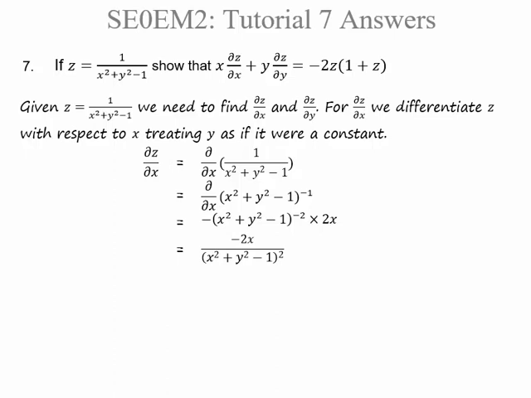We just interchange the x and the y values. So we're now going to get dz/dy is equal to minus 2y over x squared plus y squared minus 1 all squared. We'll substitute dz/dx and dz/dy into this equation to give us,